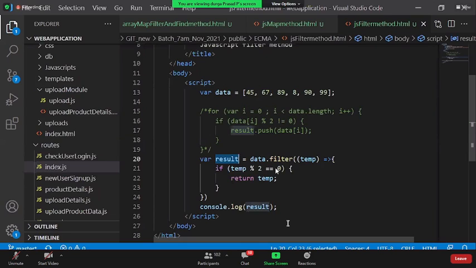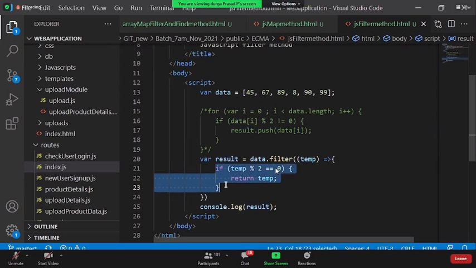Earlier, we used to write a piece of code to check all the prime numbers within the given array. What we used to do: put a for loop, and under that, go for each and every value, again put the loop and check whether it is prime or not. Instead of this, now you simply say data.filter method. Under this, whatever the logic of the prime number you have, you add it. So it is so simple to apply a method and filter the required data from the given array. So these are the new methods being supported from the latest JavaScript.